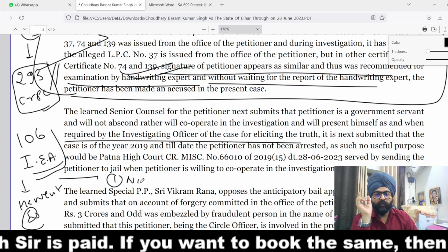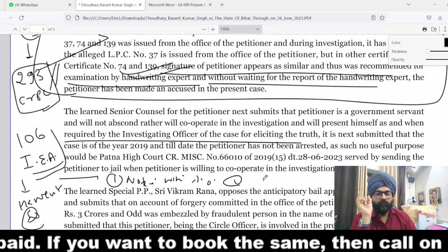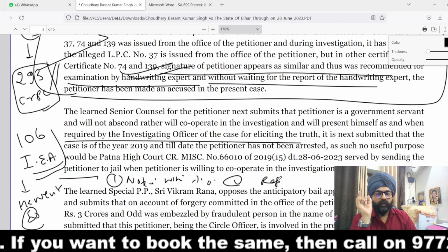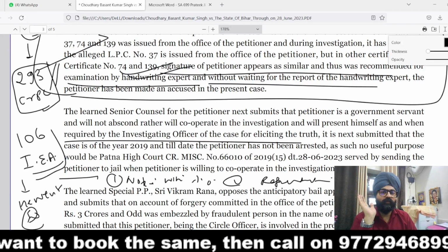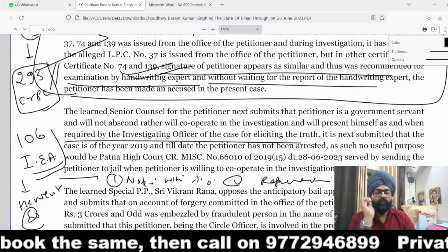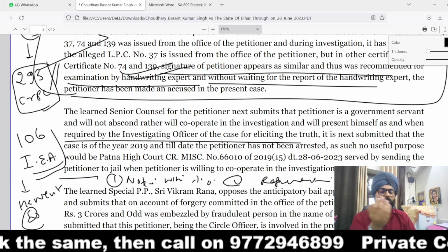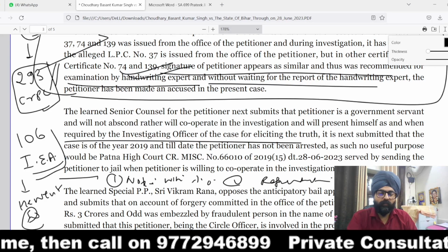Number 1, just give the notice with all the facts to the concerned IO. Number 2, submit the representation. It will clarify the stand to the court that already you have submitted certain things, but the IO is not willing for the same. Number 3, move to the higher authority with a prayer for fair investigation, even move to the concerned court. And subsequent to this, if necessary, move for the anticipatory bail or for the question,